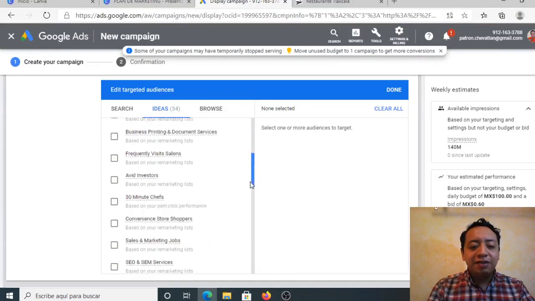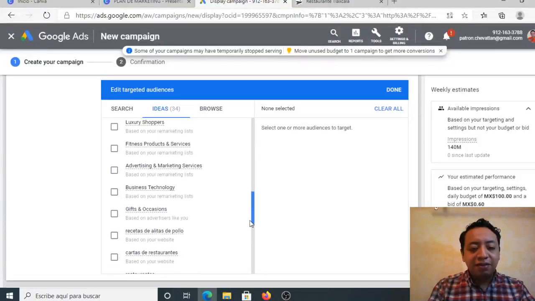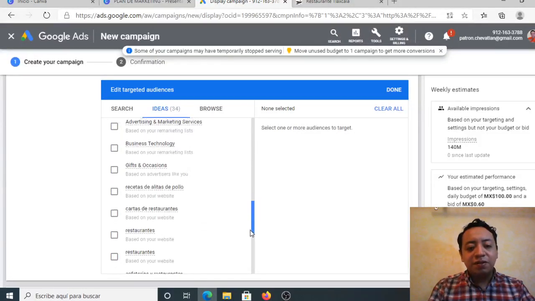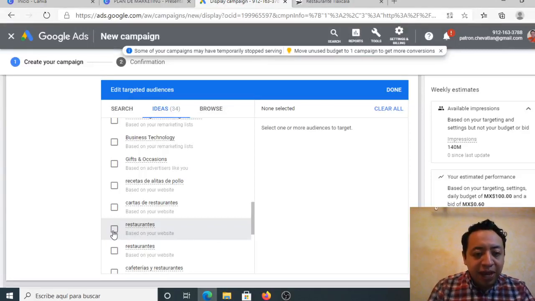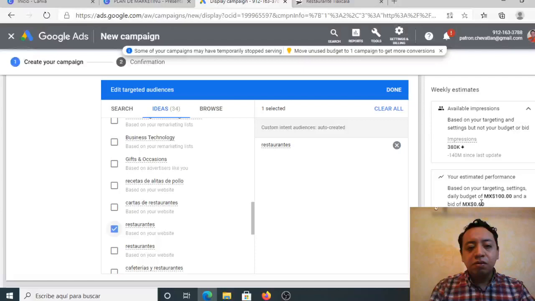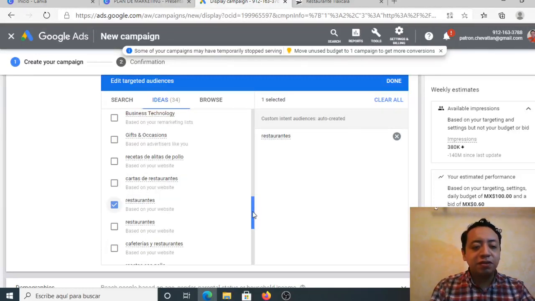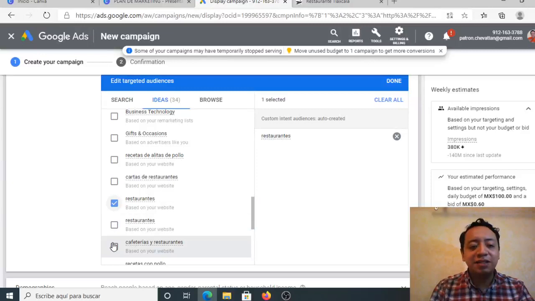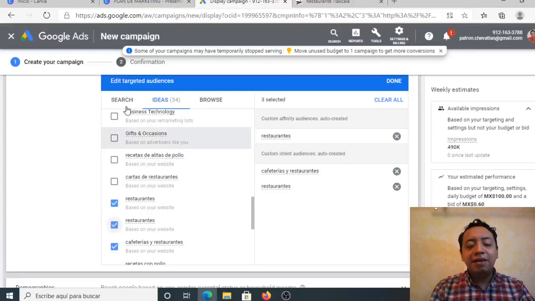And in this case, if you go until the end, you can find that you have some ideas. For example, restaurants, and it is based on your website. And probably cafeterias and restaurants. I am translating because my web page is in Spanish. So in this case, I'm going to click here, restaurants, and I'm going to search some other